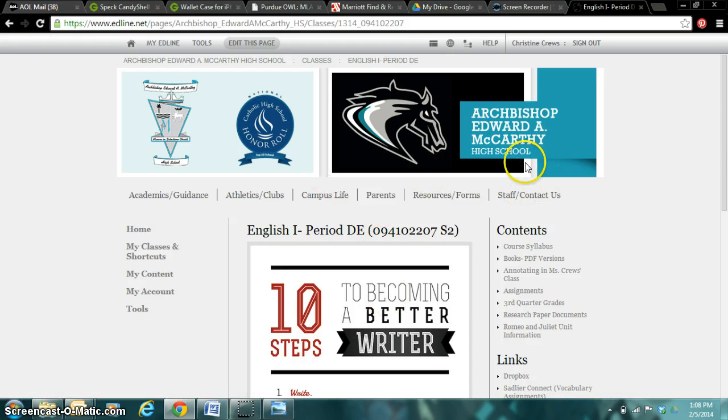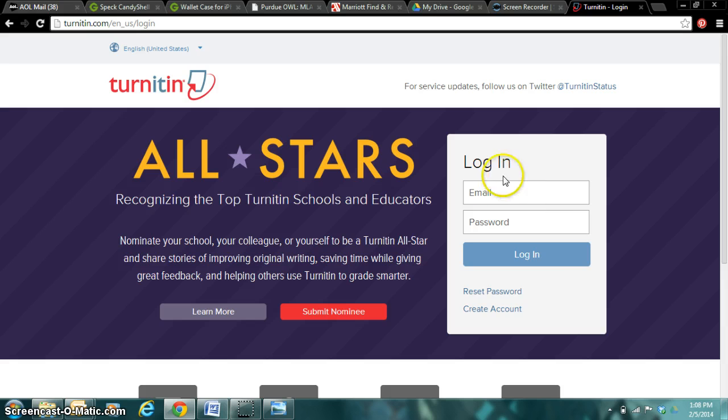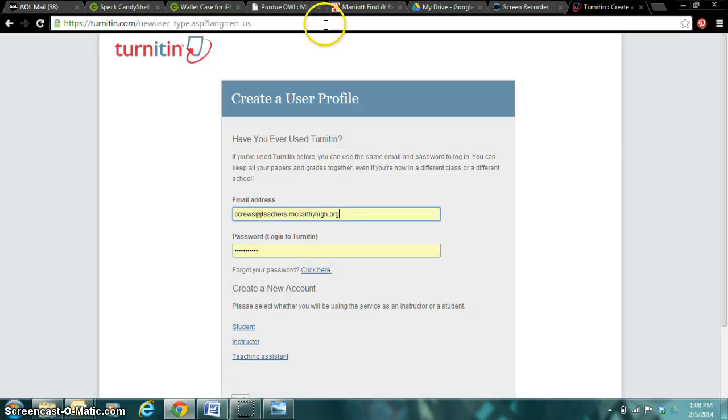So once you're on Edline, you're going to go ahead and go to the links section, and all the way to the bottom you'll see the link for Turnitin, and it'll take you right there, and it asks for the login page. Now the first time that you set this up, you're going to go ahead and click on create account, but obviously from here on out you're not going to click on that, you'll just go ahead and log in here. So click on create account,